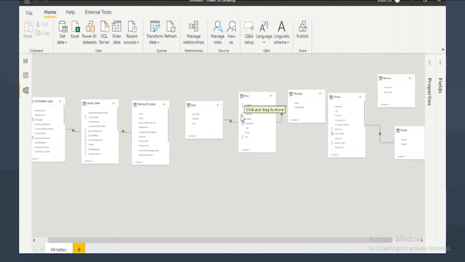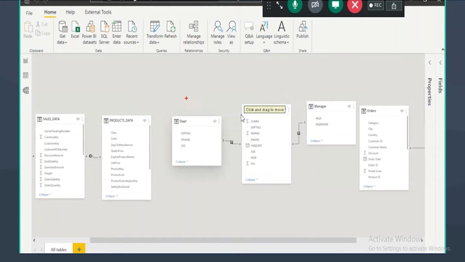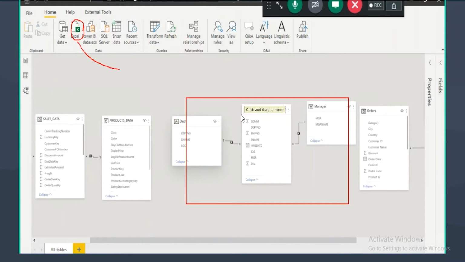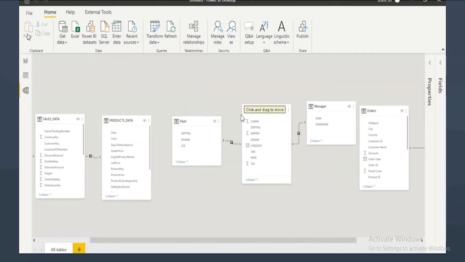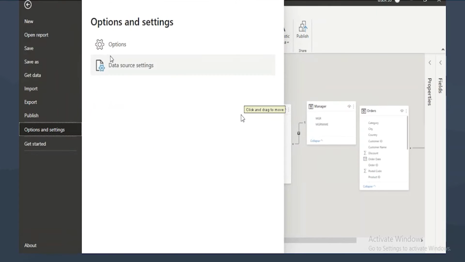So if you observe here, we brought this EMP table, DEPT table and managers table from Excel. Even though you brought it from Excel, between the 3 tables you got the relationships. Yes, how you got the relationships is, first option will not work here. So here the second checkbox will work. The second checkbox you will find there is,